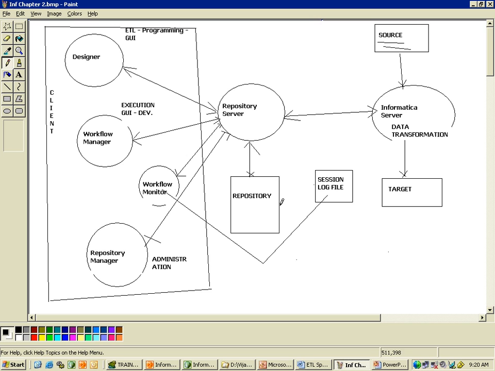The mapping with session instructions, the workflow, everything is stored in the repository. Now from the Workflow Manager, you said execute, that is start workflow. That instruction goes to an internal process. Informatica server gets the information that this workflow has to be executed. So Informatica server picks up all that information of the ETL, connections and commit intervals, and the program of the select statement to extract the data, the transformation, all that,